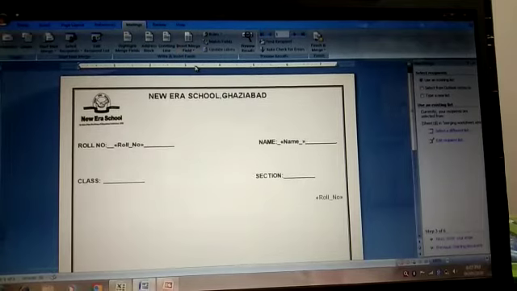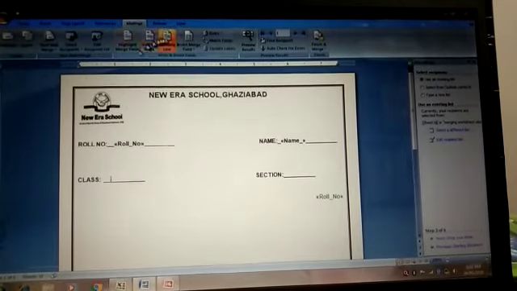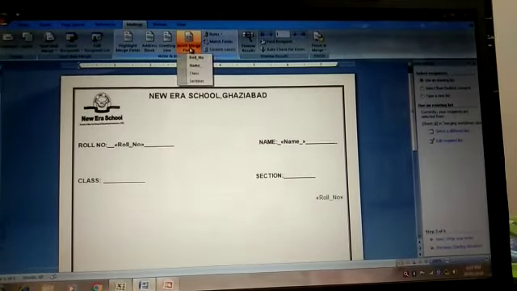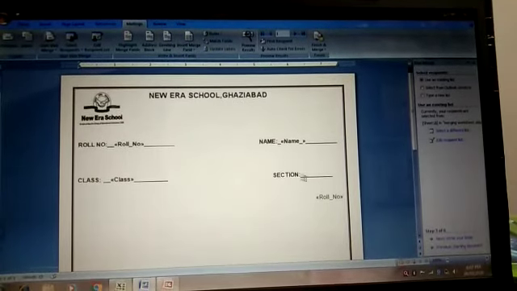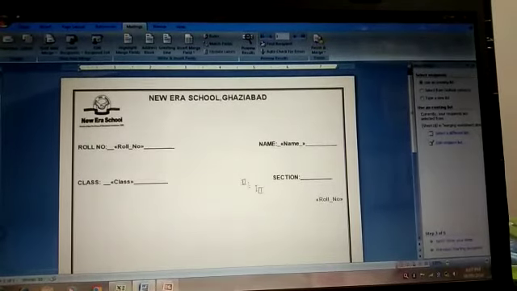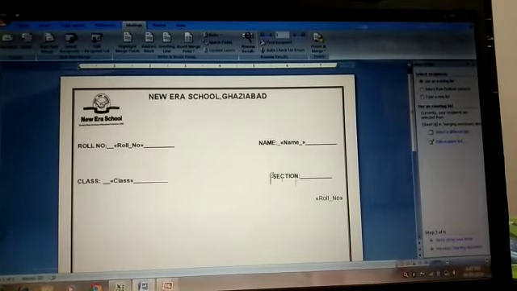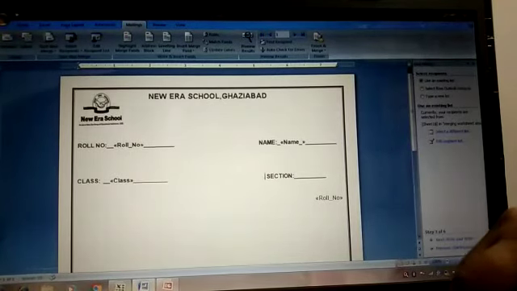So this time I want name. So name has been inserted here. Now I want class here. So I will again go there and click on the class field. Now I want the section, but a little bit of alignment has been disturbed here. So let me make it proper. We should not compromise on the alignment part.